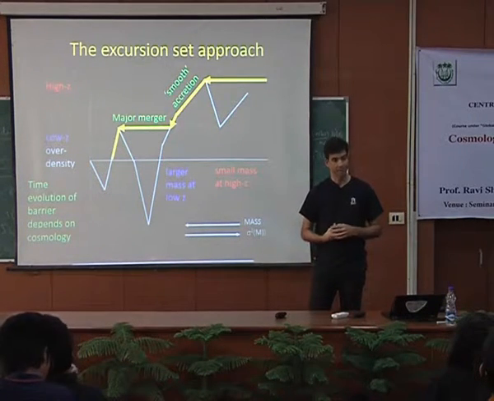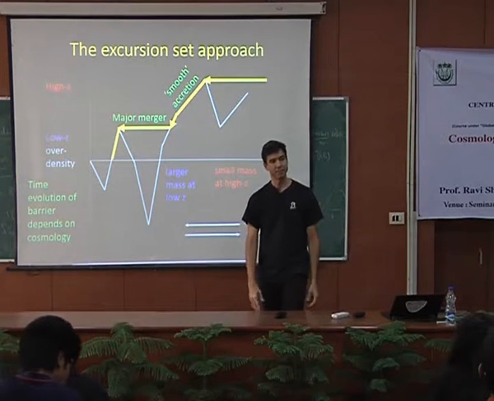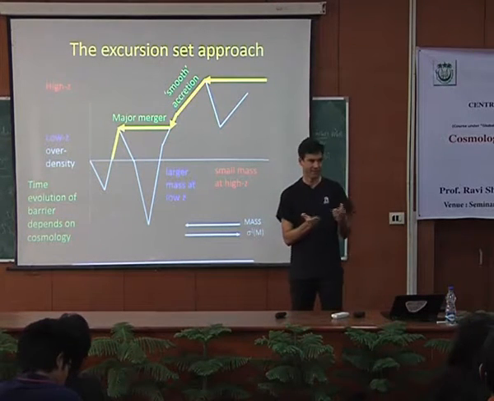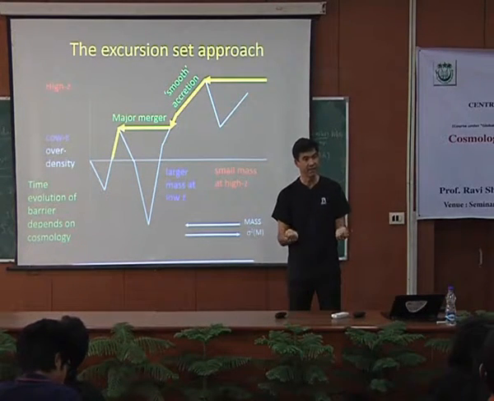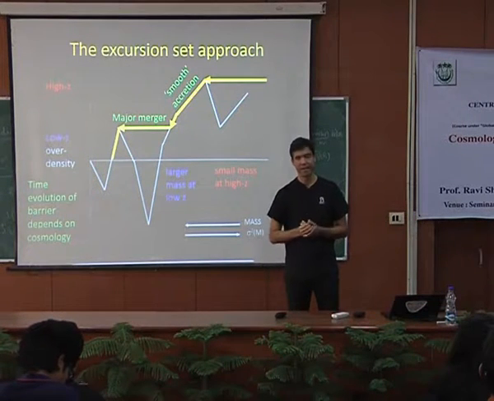So for example, if you do ellipsoidal collapse, then it turns out that the fact that there's an external shear field makes some effect on whether you can form a halo, and